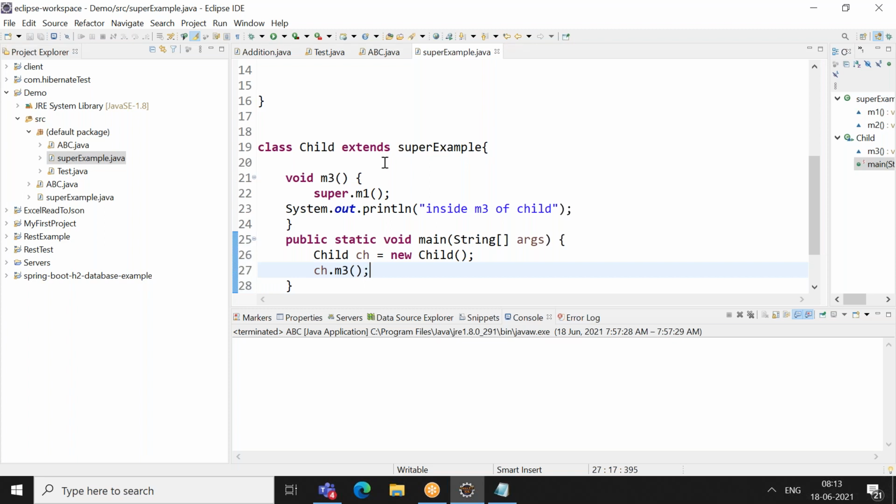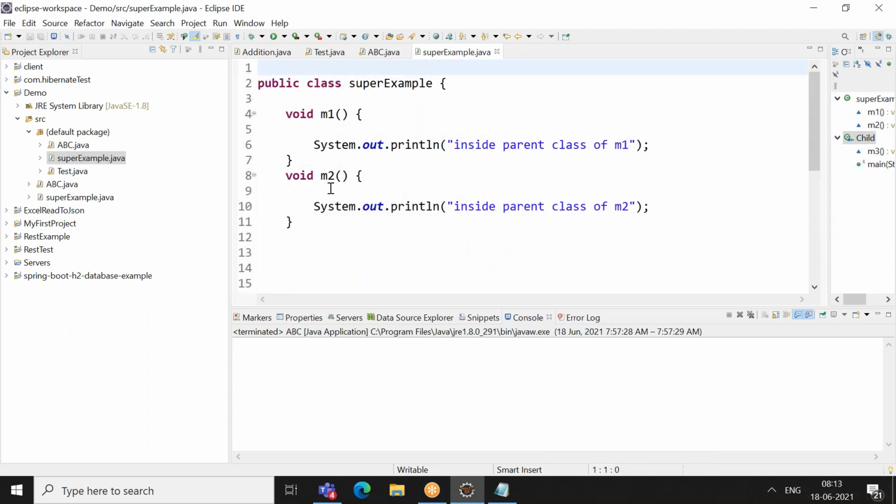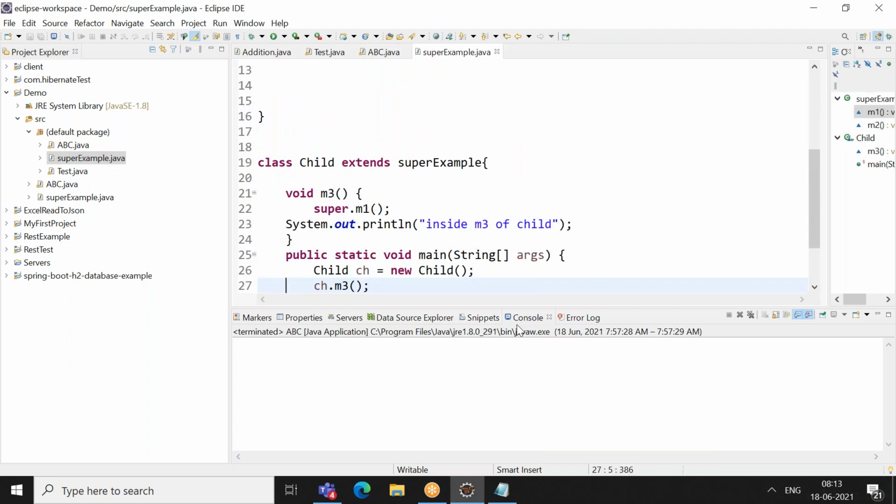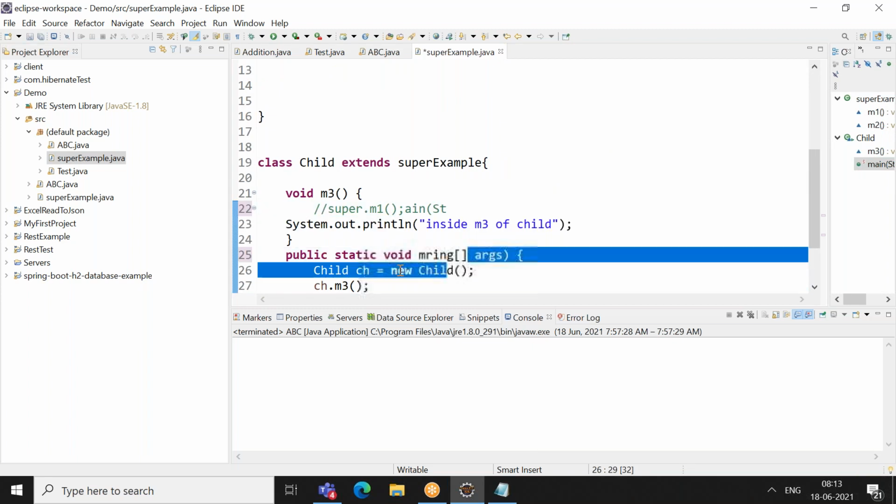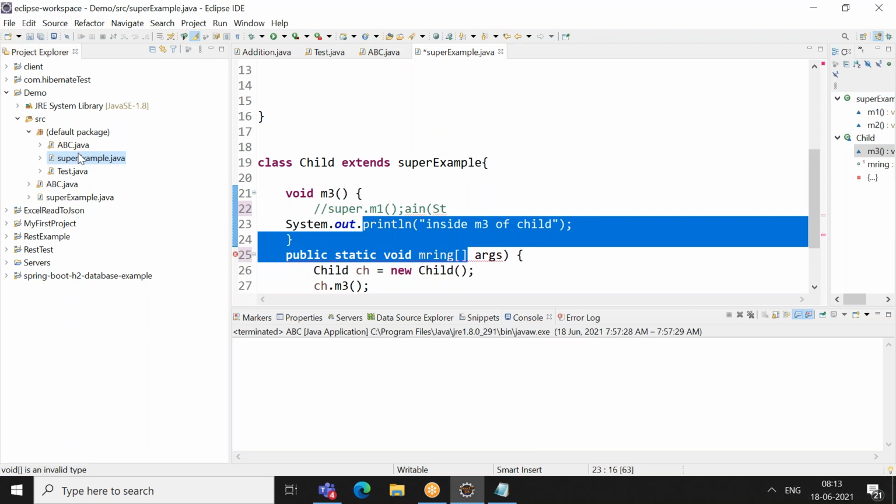Assume that if I'm not using super, what happens is it will call only the m3 method. It will not call m1 or m2, right? Because the object you are creating is a child object.